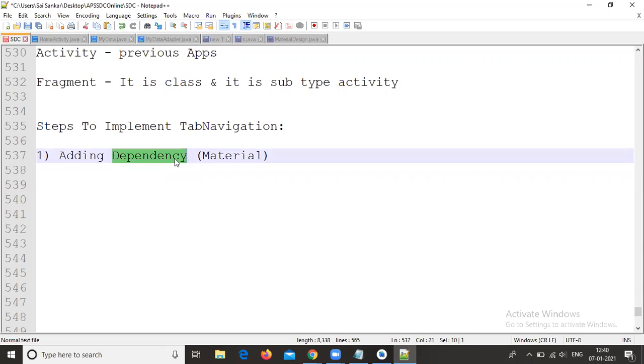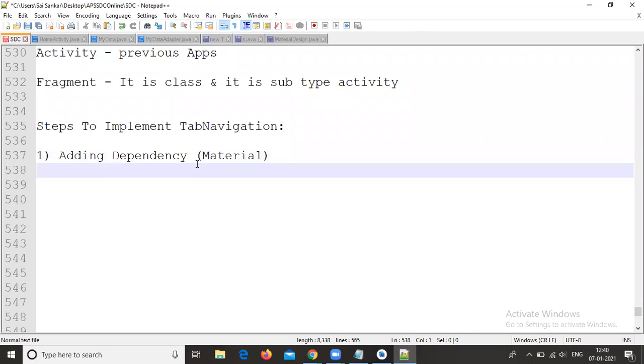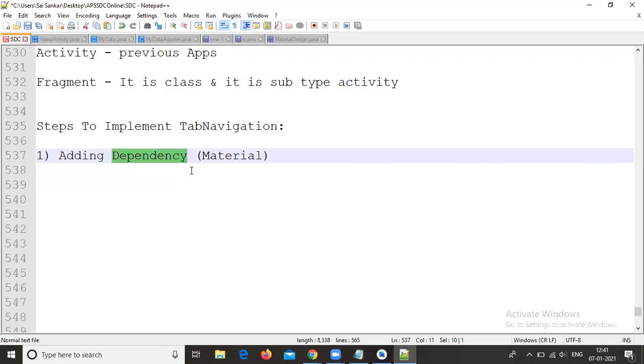Without implementing those predefined classes ourselves, we don't need to implement them, so we use these library files.